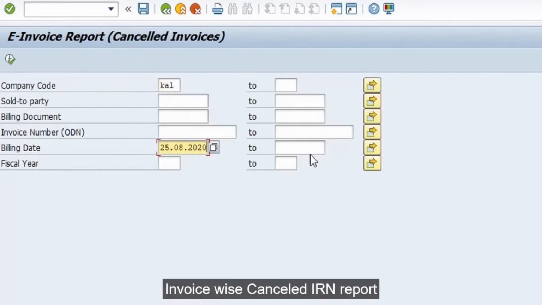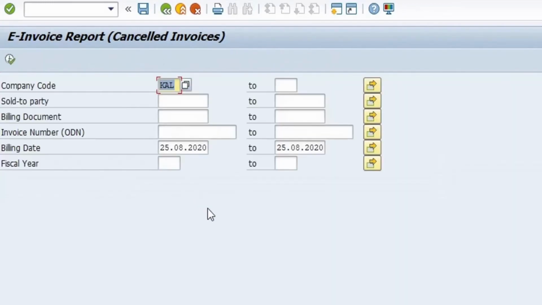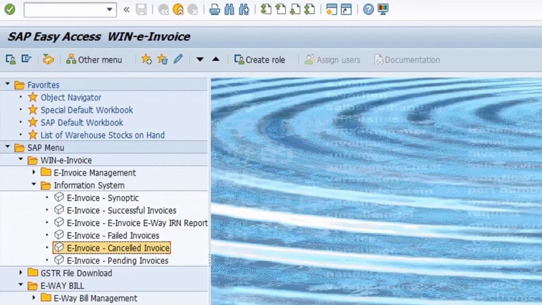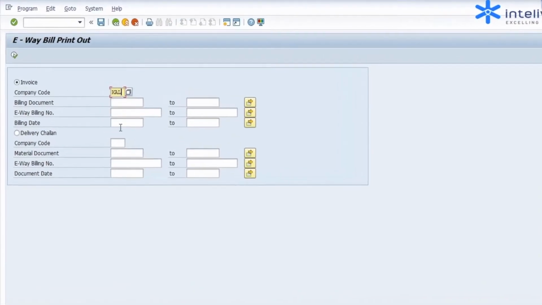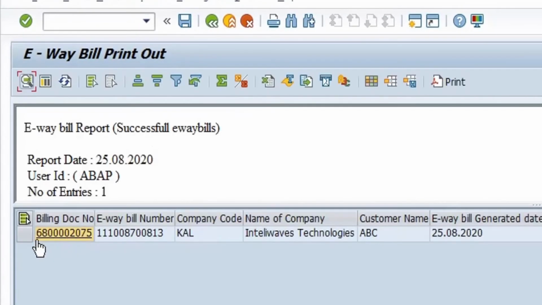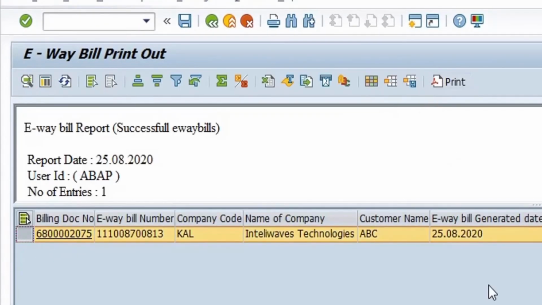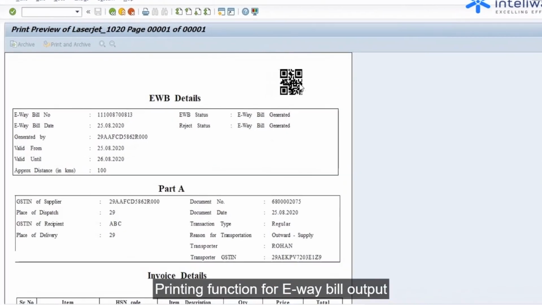Invoice-wise cancelled IRN report. Printing function for e-waybill output.